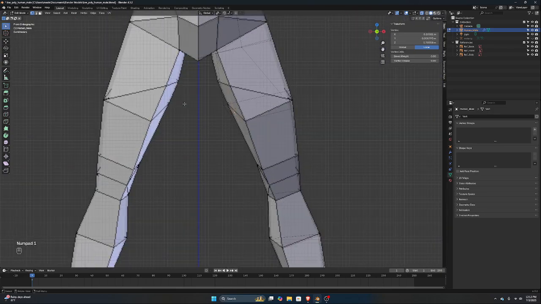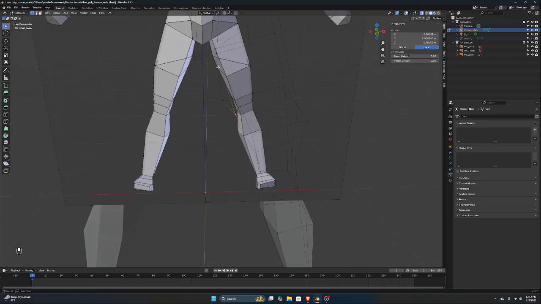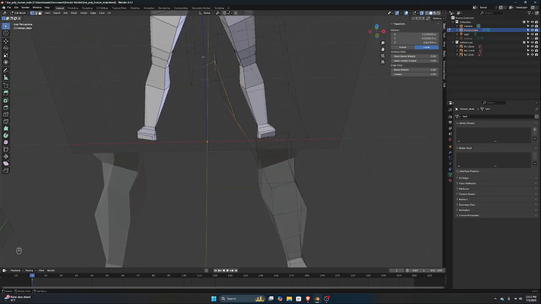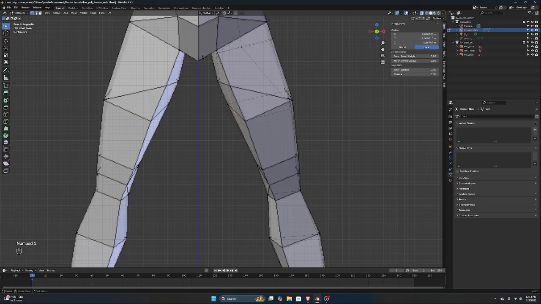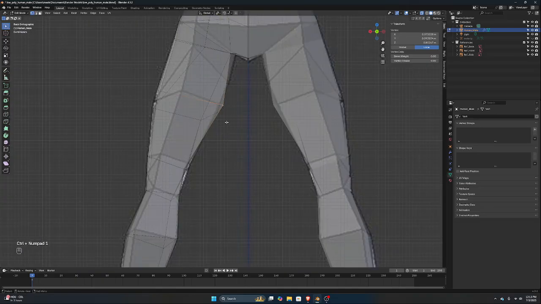This is kind of weird because it's kind of going in. And also, if you look here, you can't see an inner seam. So I think this guy is actually supposed to be in further, and then this guy might actually move out. So let's do that. Back to 1. G X. Put this guy there. And then if we go back,